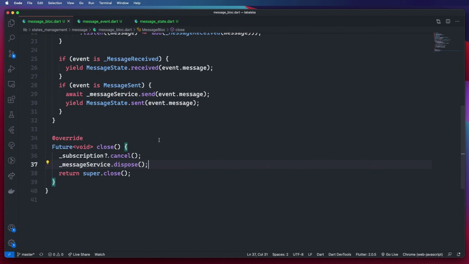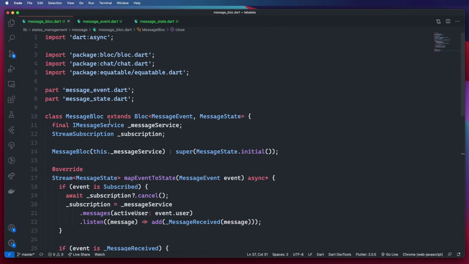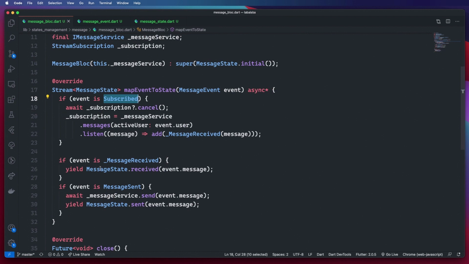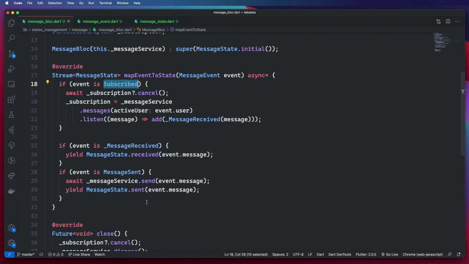So there we have our message block ready to receive messages unsubscribed with a particular user and ready to send